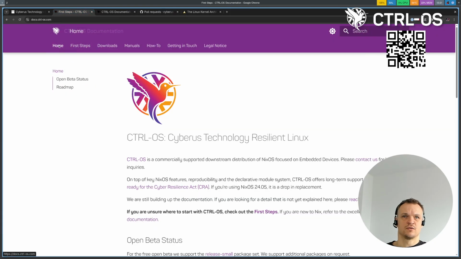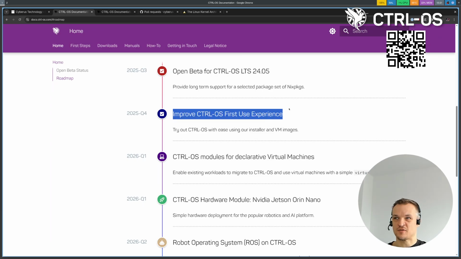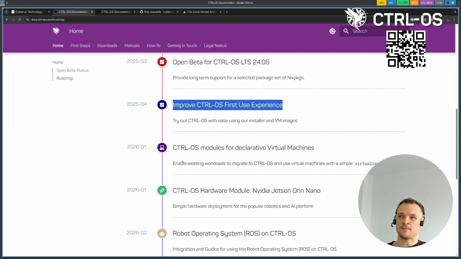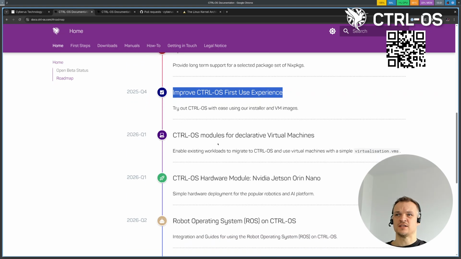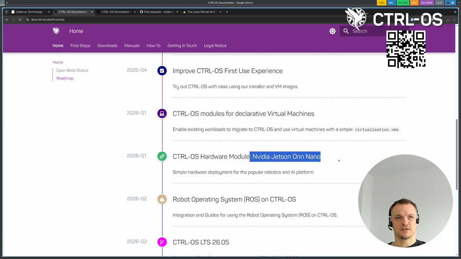For that, we can check out our roadmap. The roadmap is just here in the docs at the bottom. We launched the open beta back at NixCon. At the moment, you see that we've streamlined our first user experience a bit. We're going to finish the declarative virtual machines in Q1 and also look into NVIDIA Jetson hardware. And then we will focus more on robotics